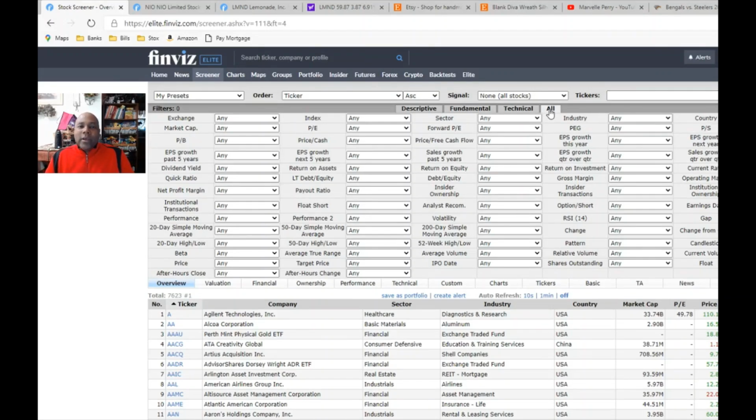Alright, and we are back on a prowl again. I'm gonna take you guys to my favorite, and I do mean favorite, website that goes by the name of finviz.com. Now I'm gonna show you guys a simple stock screen that will enable you to find stocks priced between $5 and $10 per share that are in an uptrend